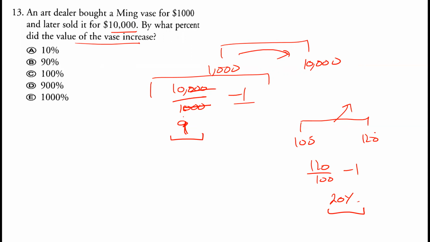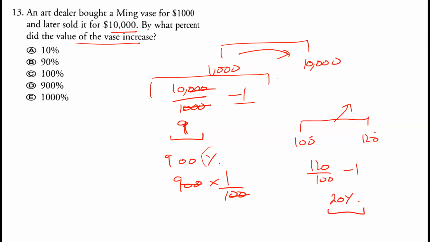Now, this 9, if you want to write it down in percentage, 900% is actually 9. And we can check it. 900 multiplied by, because of this percent, we have to write it 1 over 100. So 900 into 1 over 100 is 9.